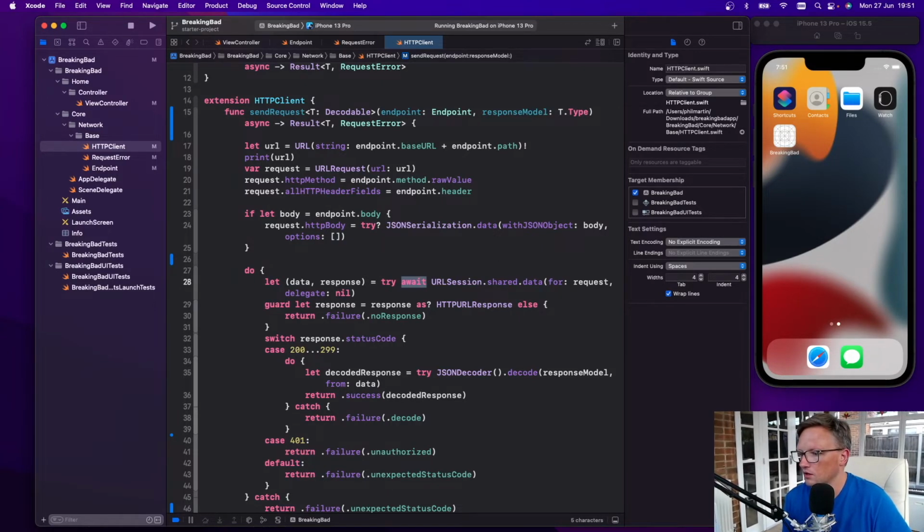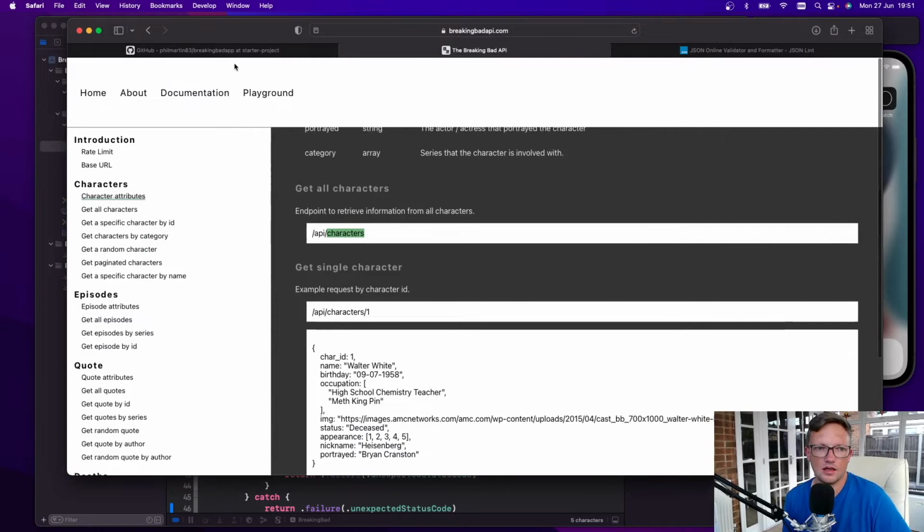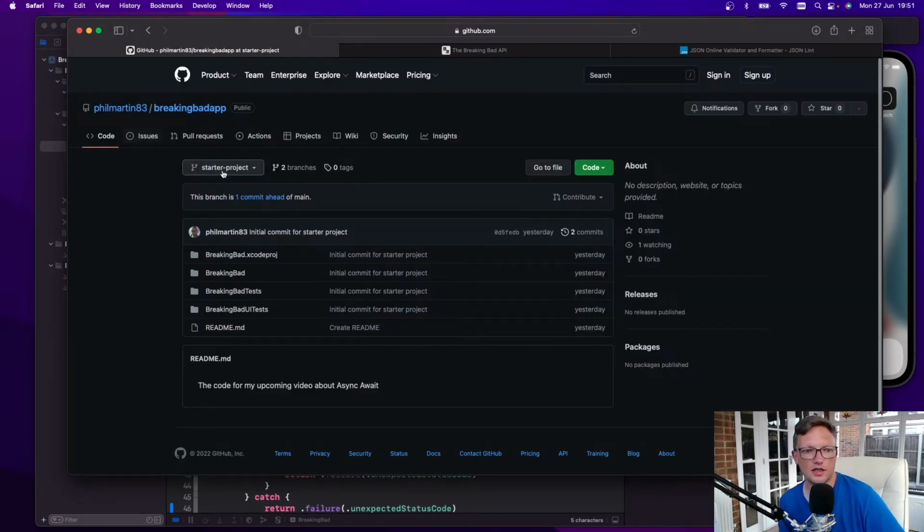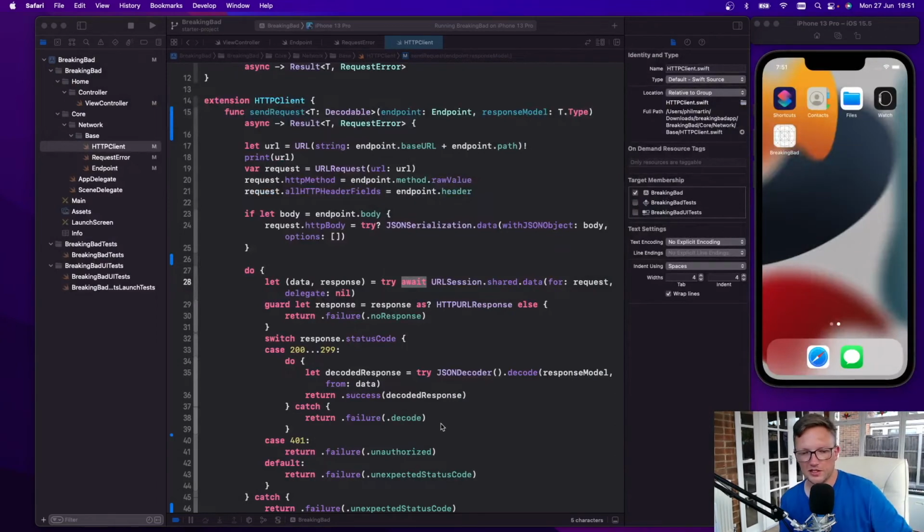But if you're not, I'll leave a link to one of my other projects where you can look at the completion handler side of it, and look at how much cleaner the async await stuff is. And some of the cool stuff that you can do with it